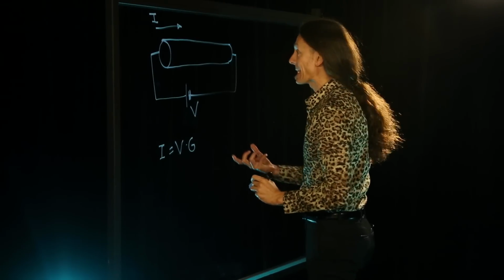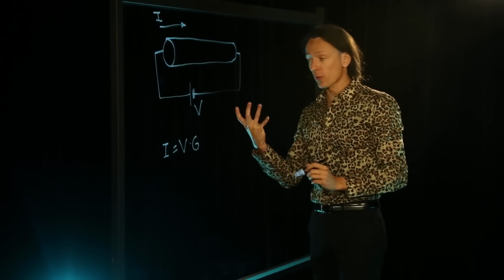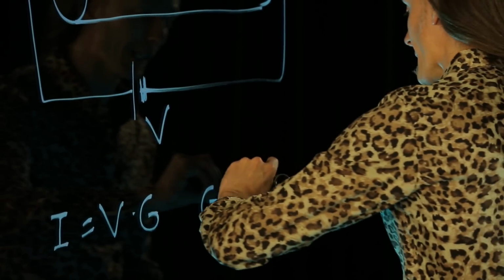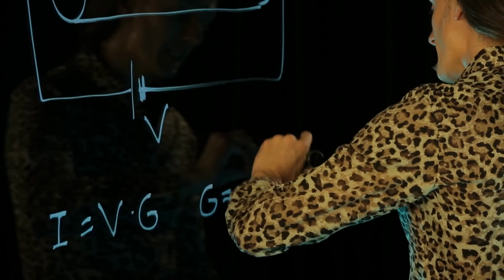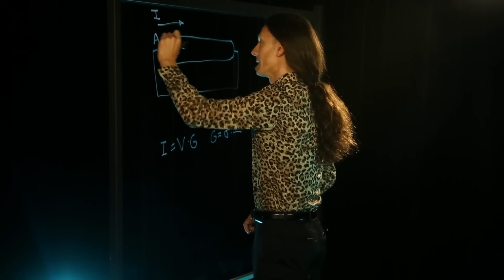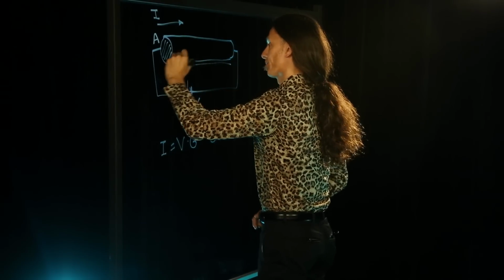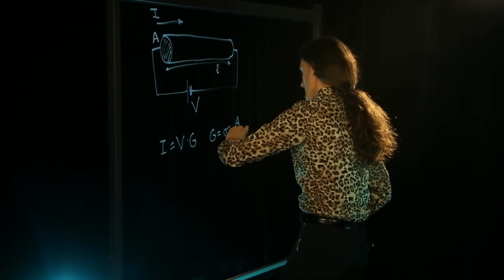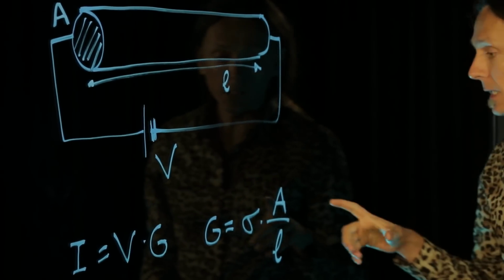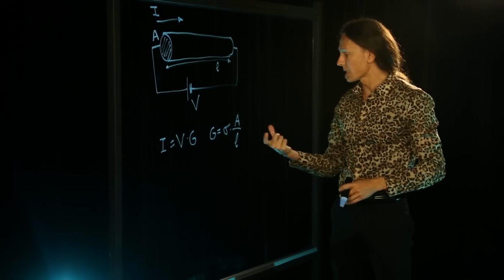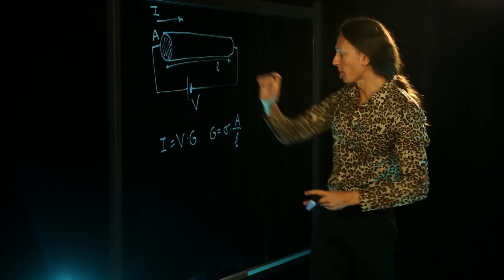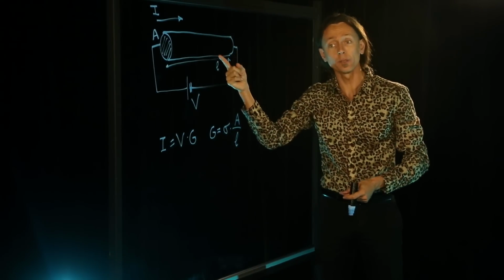The conductance itself can be derived microscopically from an intrinsic property of the material, that's called the conductivity, sigma, times the cross-section of the wire, the area of the wire, divided by the length of the wire. Now, if you look at this, you might be tempted to think that you can keep the same conductance by shrinking the wire with the same proportion. So if you make the cross-section 10 times smaller and the length 10 times smaller, the conductance remains the same,